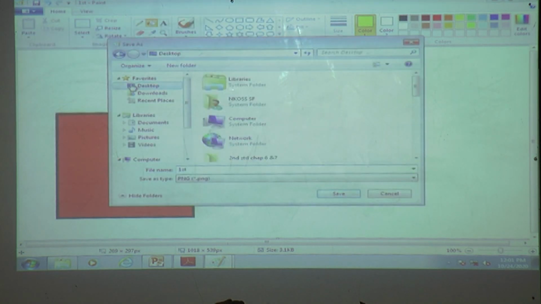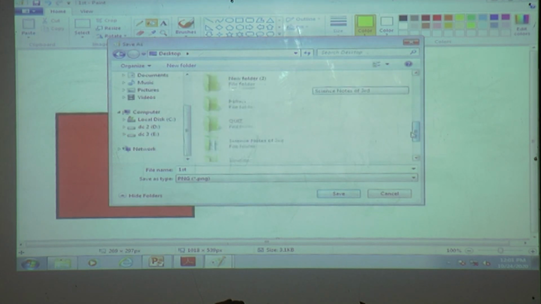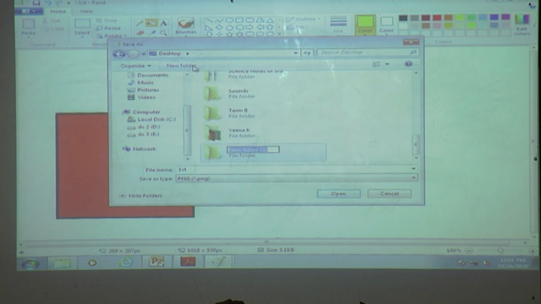Then desktop. Which folder do we want to take? We will create one more new folder. New folder. Click which button? Mouse left button. Click on the mouse left button, and then by using the keyboard give the name. We will give only class because class 2 we already gave the name and we already saved this on the desktop only.